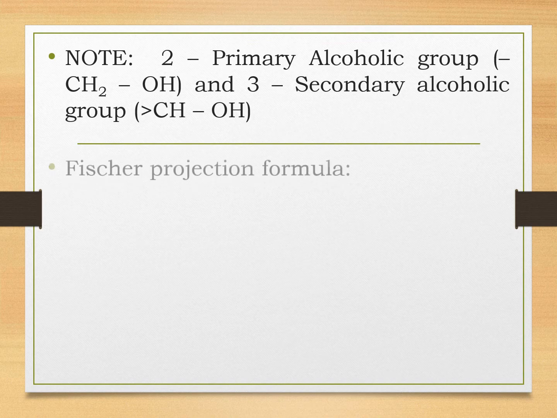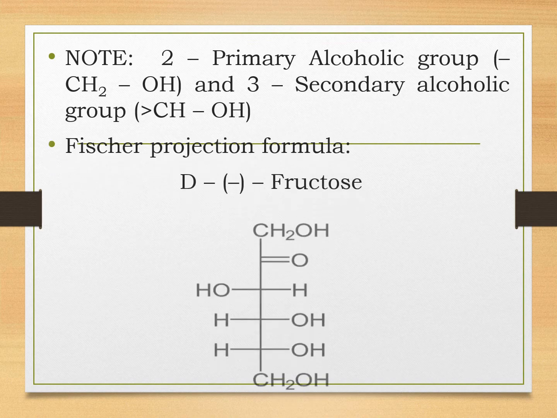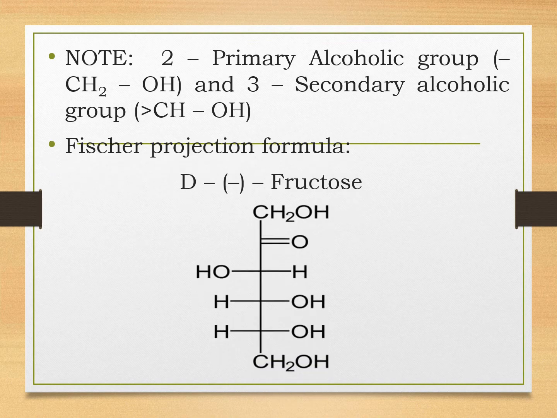In this slide, let us see the Fischer projection formula for fructose. So students, how will you all distinguish Fischer projection formula from that of the open chain structure? Fischer projection formula is also a linear structure. Only the difference is over here the carbon atoms are represented by the intersection point of the horizontal and vertical lines. That is, it is represented by a skeleton. Whereas if you all see an open chain structure, then you all can see carbon atoms over there.